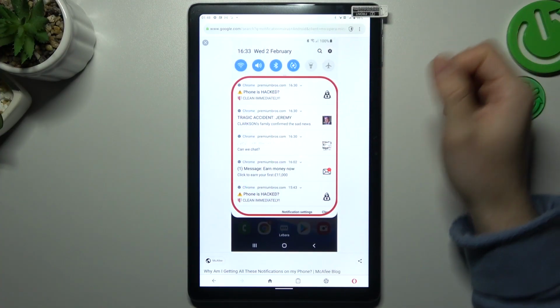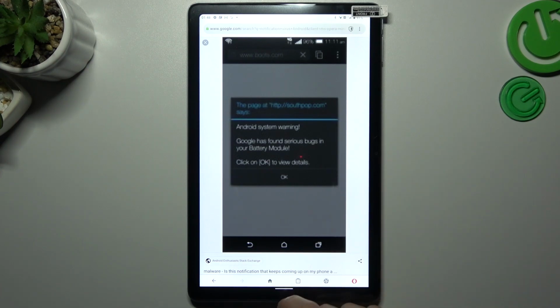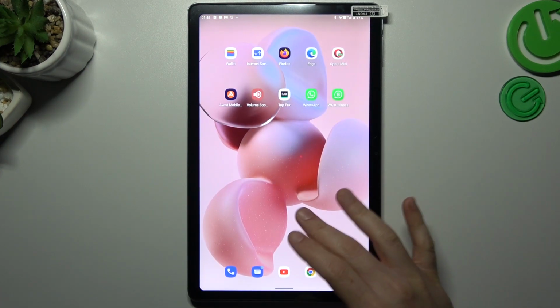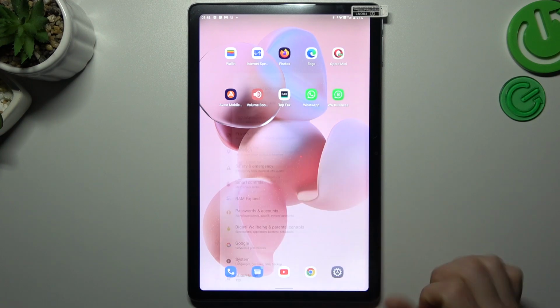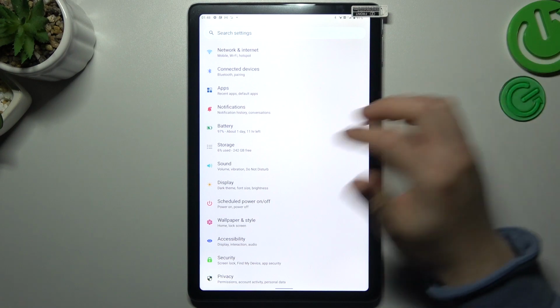So at the start, if you see something like that in your notification bar or something like that when you're trying to visit any site, that means you have a notification software, and you can try to remove it in two ways. The first way is by the system settings, so we have to open the system settings of course,